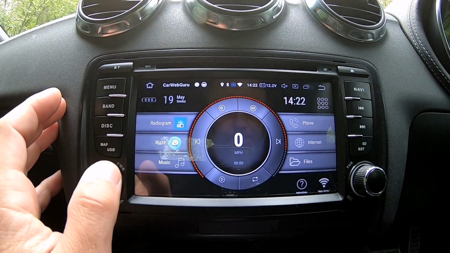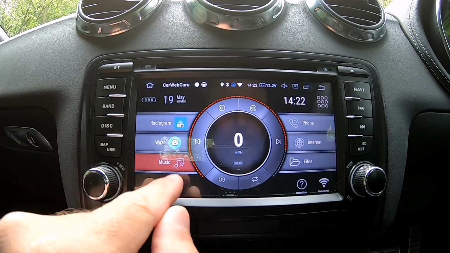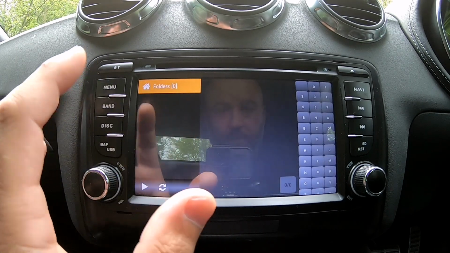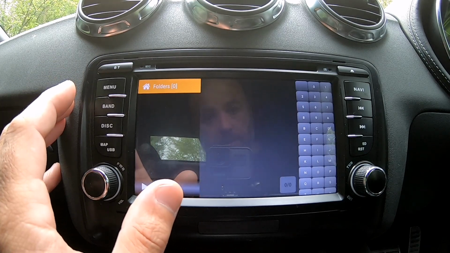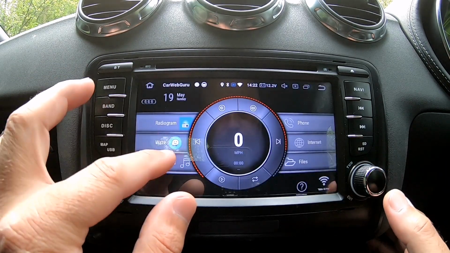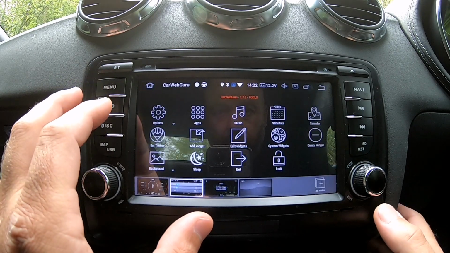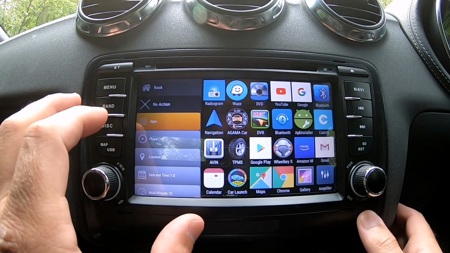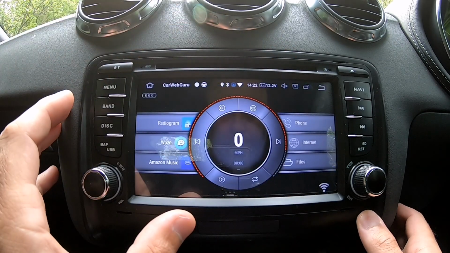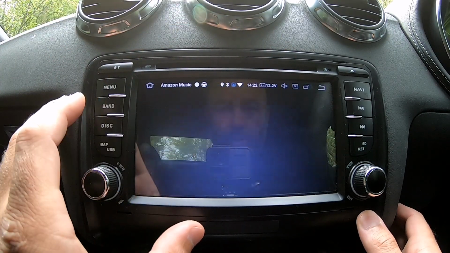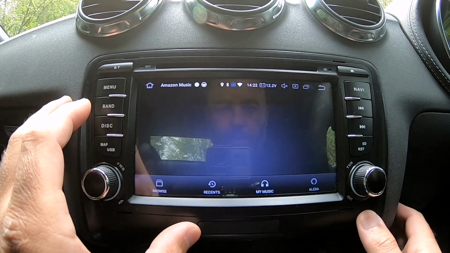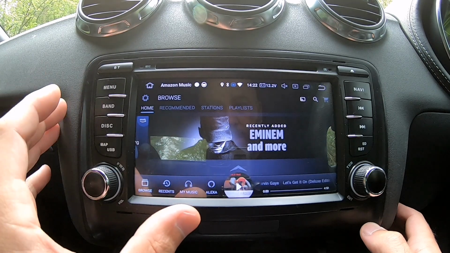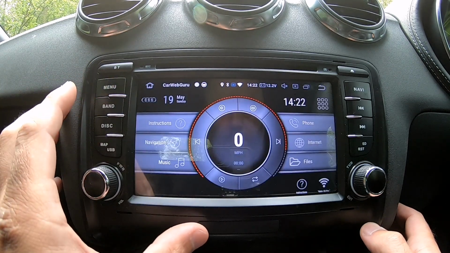There's Waze, and then music, it just goes to a generic subfolder. Now I've got no music stored in this, so what I'll do is that music I will link. If we go to add widget, music was this one here, I will link that to my Amazon. So now every time I click that, it will go to my Amazon page, and then I can start playing it off of there. So if we come back to menu, so that's,